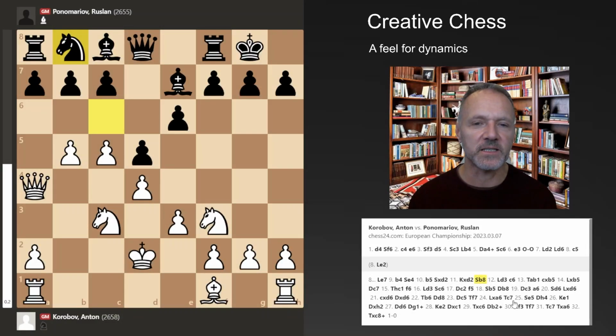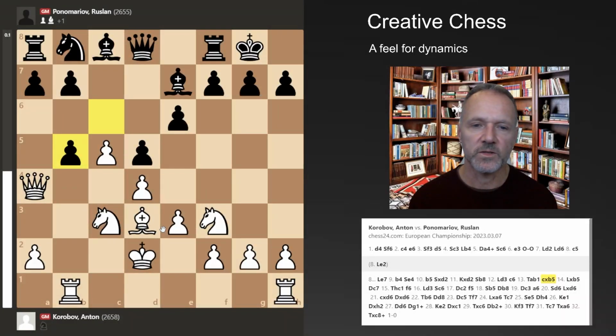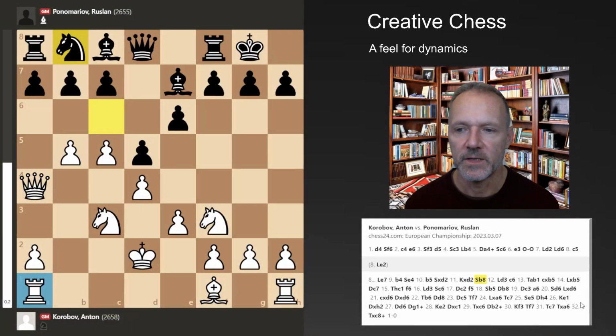But black is solid and got the bishop pair, and white's king is here, right? And he's getting out pretty quickly. Not so easy to prevent. He could not prevent this from happening, because here, if we go back, something like this, you probably play a6, and then you can't play a4 and take back with the pawn, because the rook is hanging down here. So